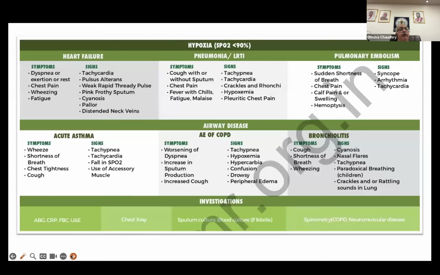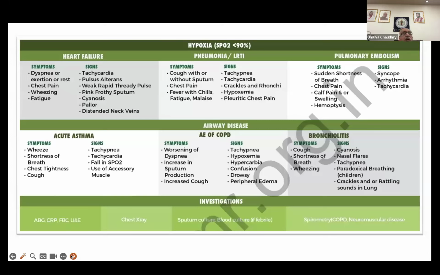These patients will definitely be breathless when they lie down. They feel very uncomfortable and sit up, and that is called orthopnea. They may also have evidence of an underlying disease, which can be a long-standing history of valve disease, or alternately a coronary artery disease, where in the acute setting they may complain of angina or acute coronary syndrome, where chest pain is important. Wheezing is a later feature in these patients. You will see the person breathing fast and hard, along with marked sweating and perspiration. There will also be tachycardia.